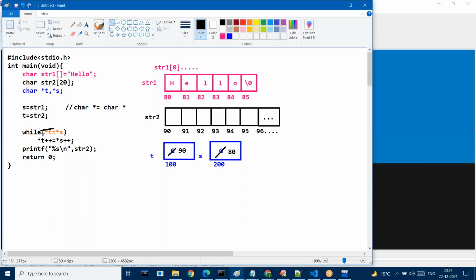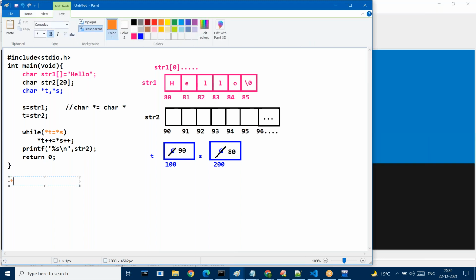Now come to this line. While star t is equal to star s, observe carefully. It's not equal to equal to. What is it? It is the assignment operator. It is not at all equal to equal to. And what is that line? Star t is equal to star s. Sir, what does it mean? Oh, value